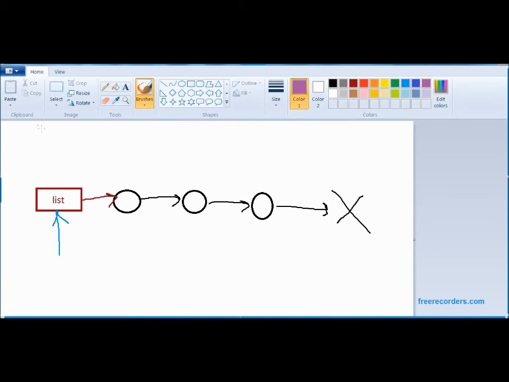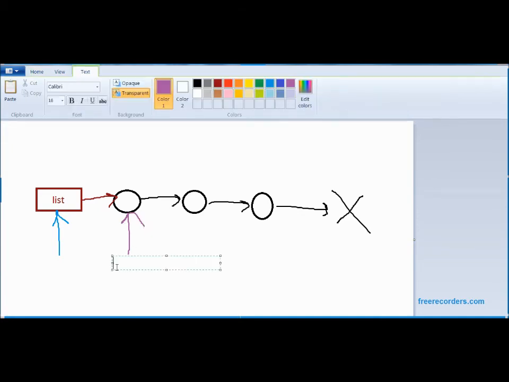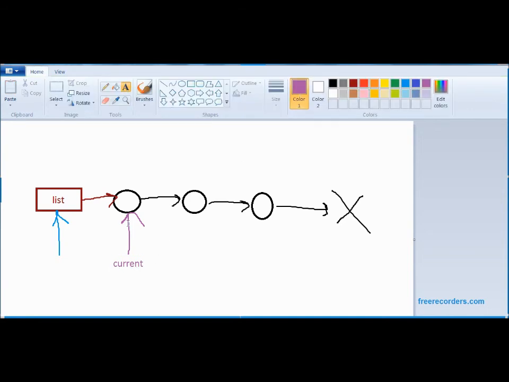And when this is the case, we just need one pointer, a pointer current here. We don't need to worry about the before pointer, we can just null it if we want to. So first we set current to be the head, secondly we make the list head bypass current like this, and thirdly we delete current. Okay,